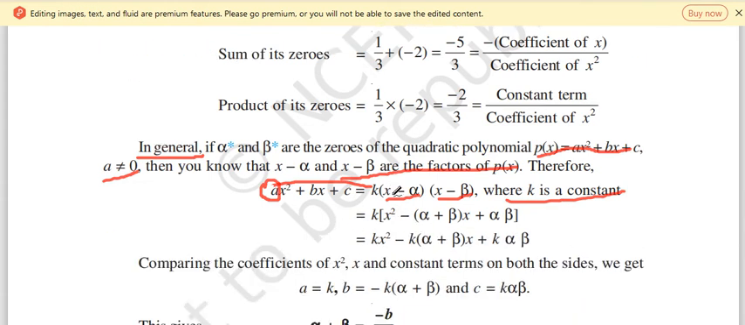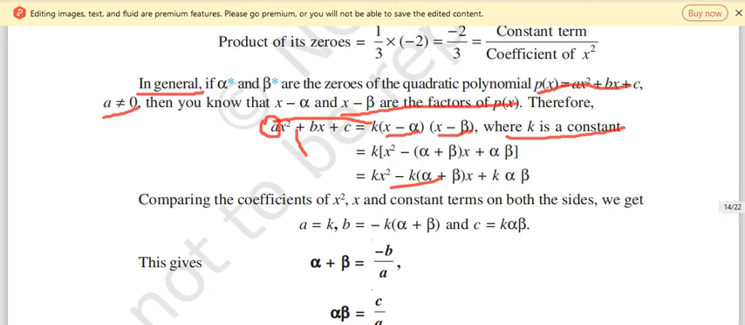So multiplying this out, we get kx square minus k(alpha plus beta)x plus k alpha beta. Comparing the coefficients of the polynomials and the constant term on both sides, we get a equal to k, b equal to minus k of alpha plus beta, and c equal to k alpha beta. So this gives alpha plus beta equals